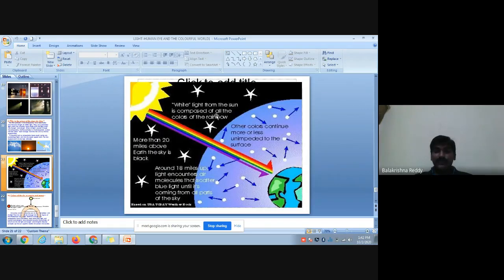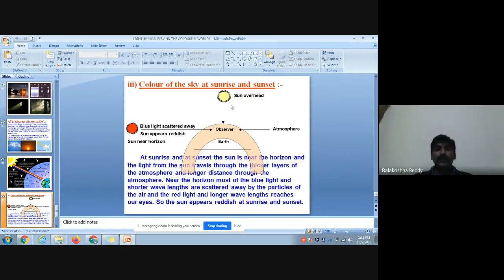So you're finding here the pictures of the refraction of light in the atmosphere. We discussed already, whenever the sun is overhead or at noon time, the light rays coming from the sun towards the earth will not deviate, they enter at a 90 degree angle, normal to the surface, therefore they will not deviate. So the sun appears white, and as usual we see the sky and the sun, because there is no deviation of light at that time. Usually this will not take place at sunrise and sunset time.